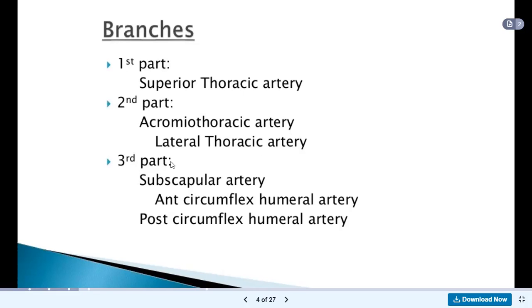Then the third part has these branches, the Subscapular Artery, which is supplying part of the scapula. And then we have the Anterior Circumflex Humeral Artery, which is supplying part of the humerus. And then we have the Posterior Circumflex Humeral Artery, also supplying some part of the humerus. Okay, so look, this is the